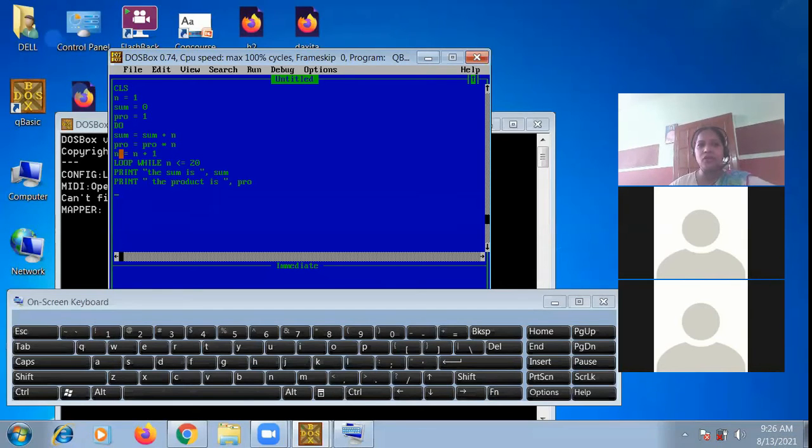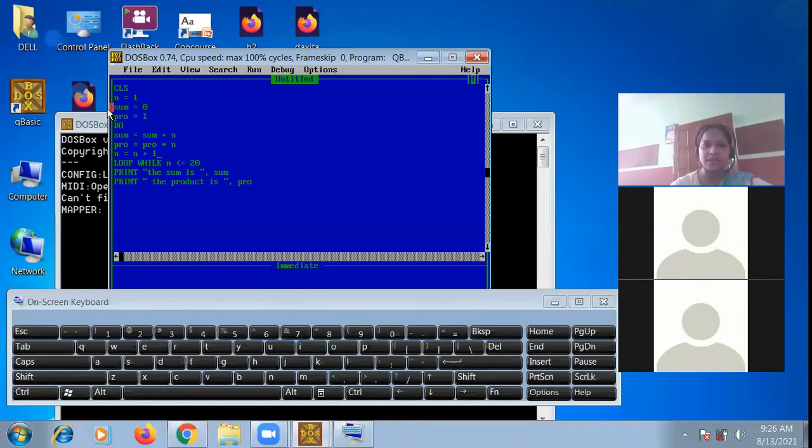Now the n value will also increase because it is also a mathematical statement, so n will increase by 1. We have used three statements to be executed every time. The loop will run 20 times, and the value will increase by 1.